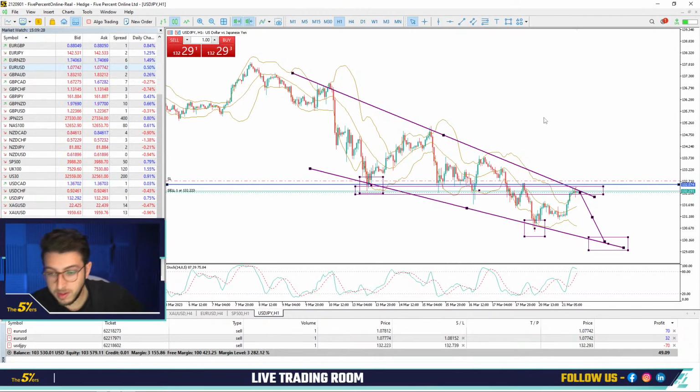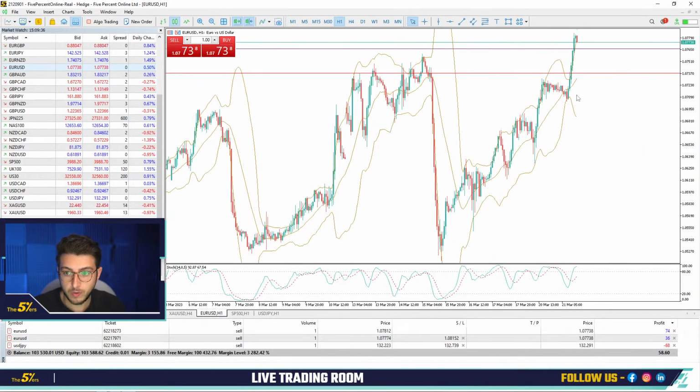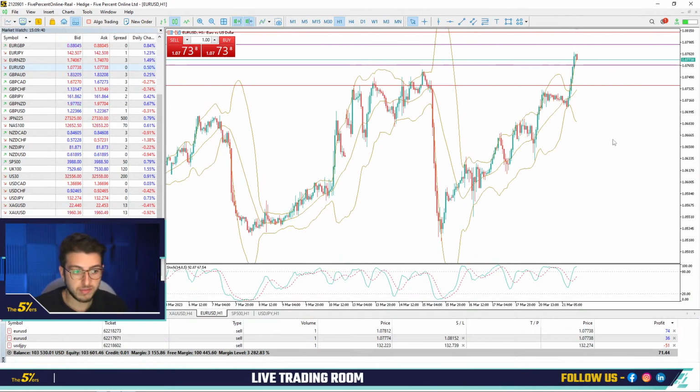Again, this for me makes sense, and this is the type of trade where I can be more comfortable because I'm going with the trend, as opposed to the Euro USD where you see the trend is up and I'm going against the trend. So it depends what type of setup you look at, but I'm looking at the volatility and the momentum using stochastics. Depending on which type of oscillator you have, you can have a MACD, you can have RSI. This is the setting I'm using, and this is how I'm feeling comfortable.